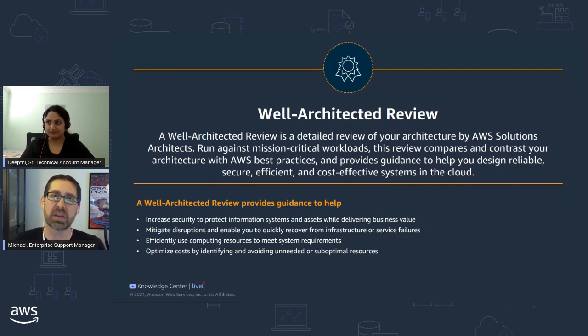You can go in, perform some self-evaluations and review, and get some inspection of your workloads and use cases. Then your solutions architect is able to bring all of these together, combine that with the knowledge they have of your environment and of AWS best practices, and help you to close gaps, identify risks, and then remediate those.